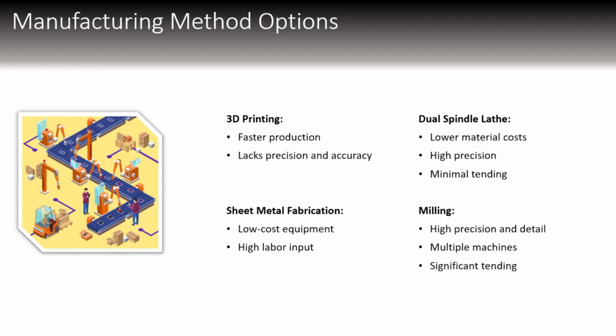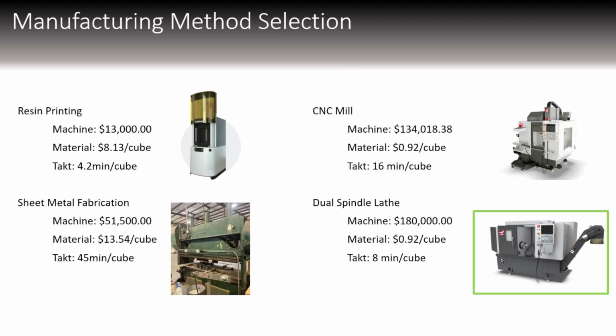Now, for our manufacturing method options, we looked at 4 different possibilities. We had 3D printing, a dual spindle lathe, sheet metal fabrication, and normal CNC milling. 3D printing was fast, however, it lacks dimensional accuracy. The dual spindle lathe has a lower material cost, higher precision, and minimal tending, which is very good. Sheet metal fabrication is low cost in equipment, but a lot of labor input. There's not very much automation with that. And for milling, it's very similar to the dual spindle lathe, but it's not as automatable. You have to have a person running it the entire time. So we ended up going with the dual spindle lathe,